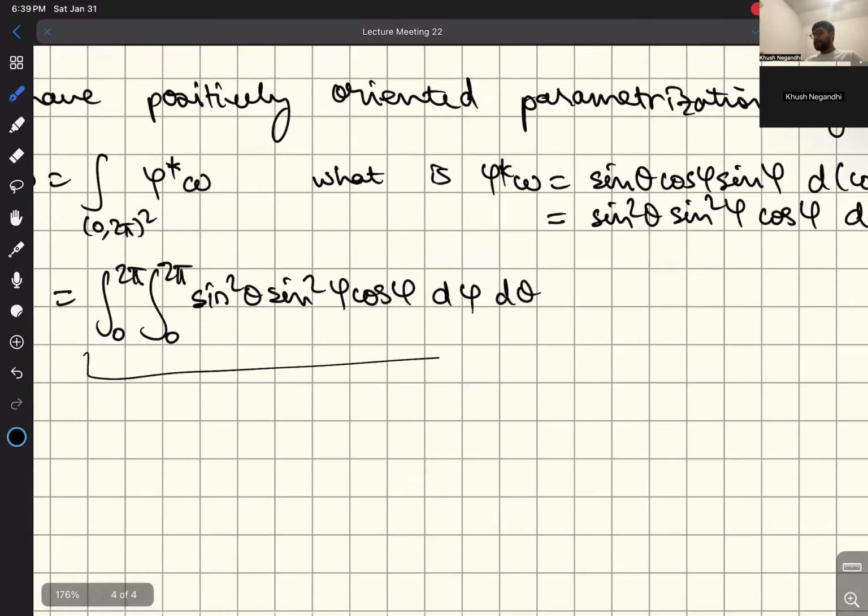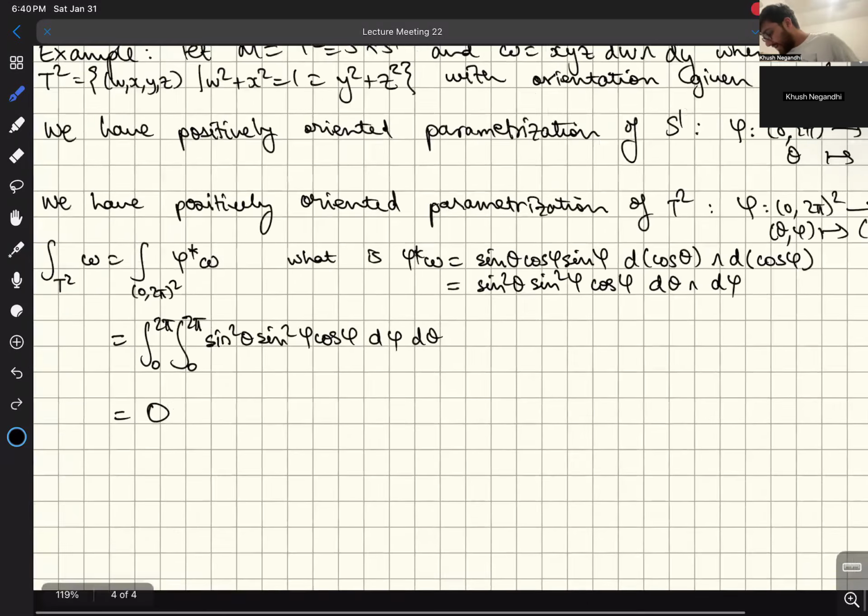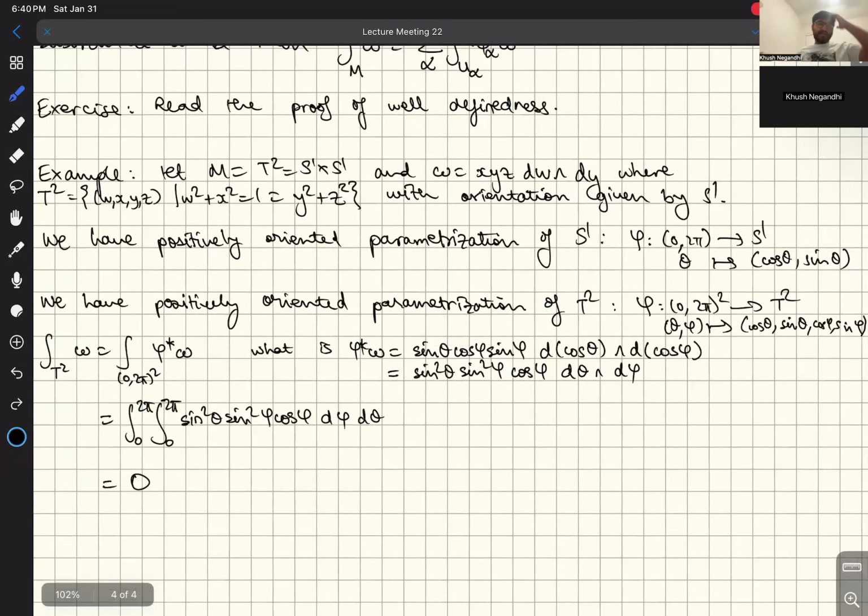And now this is regular old integration in two variables, which is zero. You can check that this integral is just zero. So okay, when it comes to integrating over manifolds, again, it is not that bad because all we really need